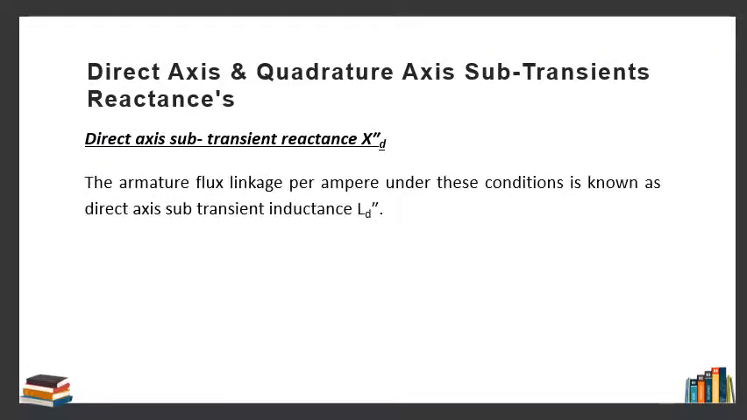The armature flux linkage per ampere under these conditions is known as the direct axis subtransient inductance, represented by LD double dash. इस कंडीशन में जो हमें ये इंडक्टेंस ऑफर्ड हो रहा है इसको हम बोलते हैं डायरेक्ट एक्सेस सब ट्रांजिएंट इंडक्टेंस, रिप्रेजेंट करते हैं एलडी डबल डैश।